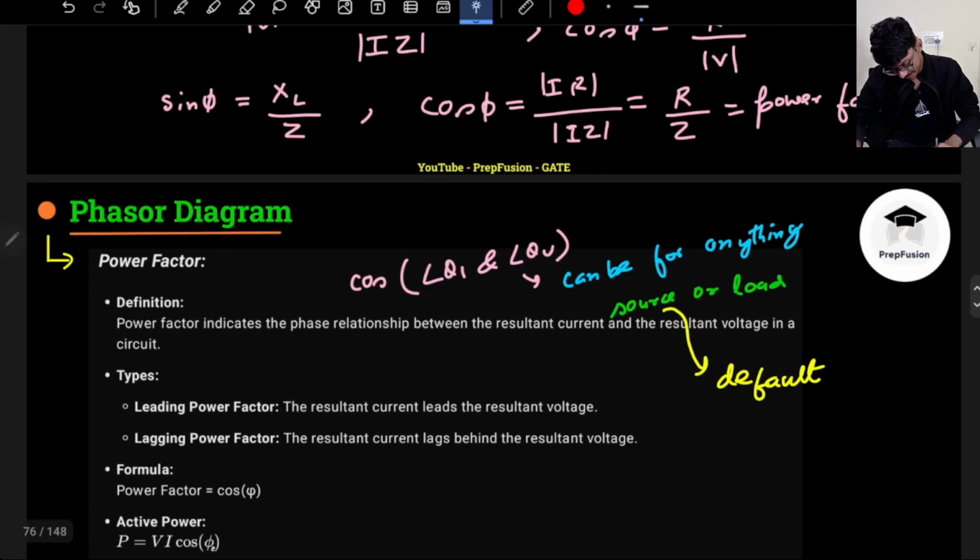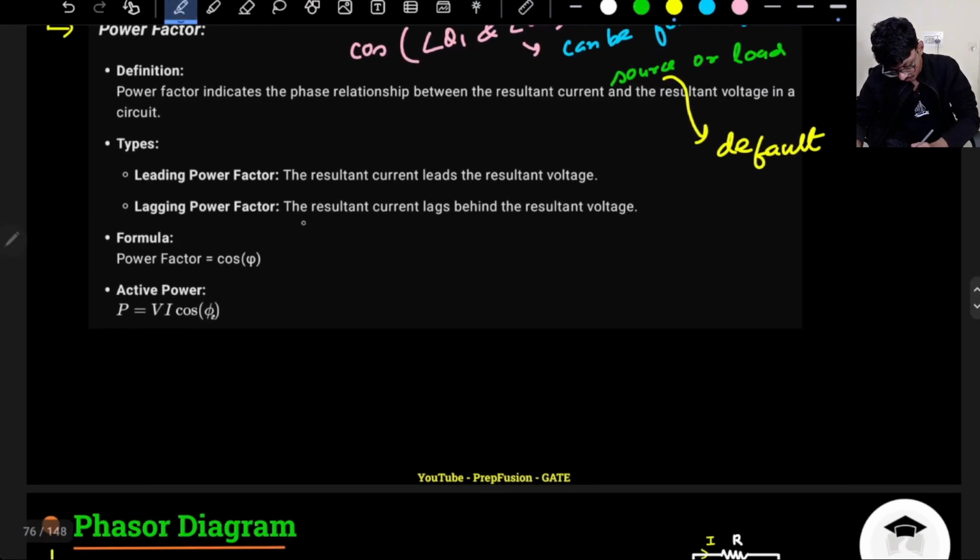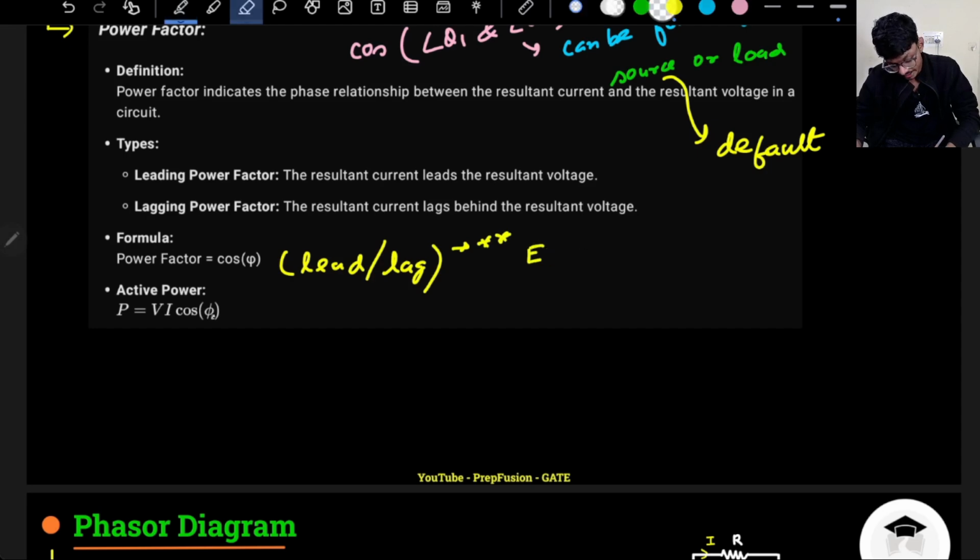So I forgot to mention at that point of time, you have to say whether it is lead or lag. That also you have to write in brackets. So this is not that important for electronics students, but for electrical students, very important. What do I mean? So if the resultant current leads the resultant voltage, then cos phi, because you know, right,